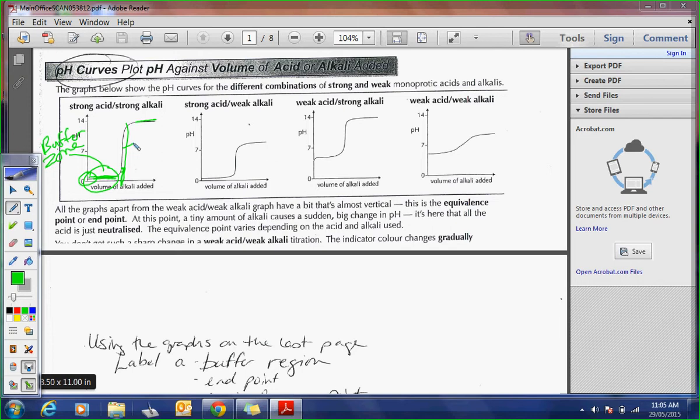Okay, so the equivalence point and the end point. The equivalence point is where you have an equal number of moles. If it's a 1-to-1 mole ratio, as it often is in acid-bases, you've added exactly 1 mole for every 1 mole in my Erlenmeyer flask from the burette. So your mole ratio is equal. 1-to-1, 1-to-2 sometimes, or 1-to-5 if it's a redox titration,